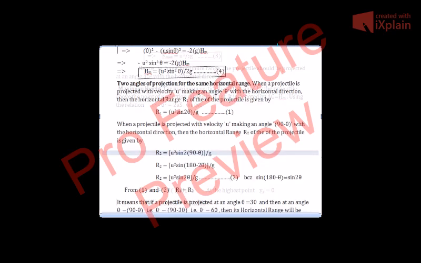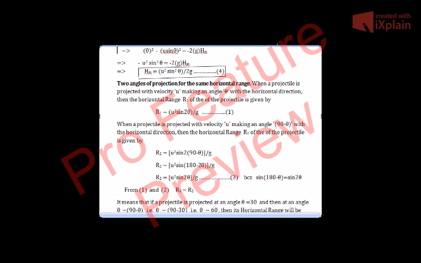HM. This implies 0 square minus u sine theta whole square is equal to minus 2g HM. This implies minus u square sine square theta is equal to minus 2g HM. Minus and minus will cancel. This will imply HM, maximum height, will be equal to u square sine square theta by 2g. So again, if you want to find the expression for the maximum height of the projectile, you have to know its initial velocity, what was the initial velocity with which you had projected it, and the value of g or theta you know.